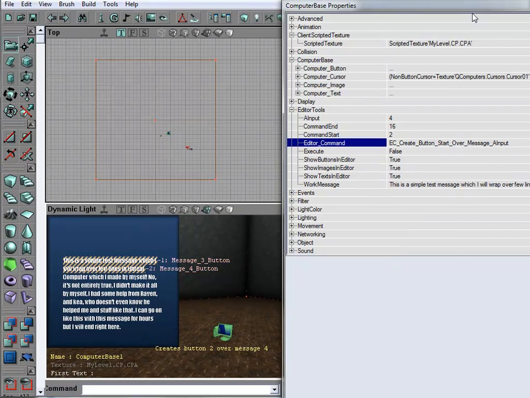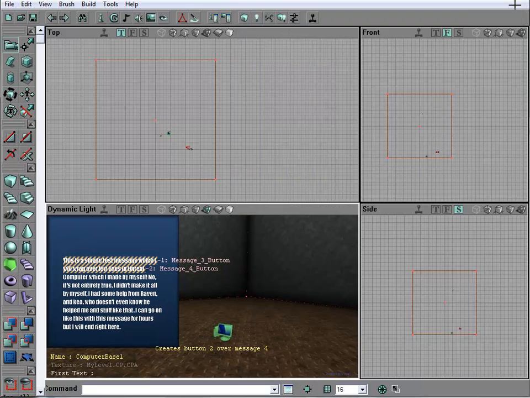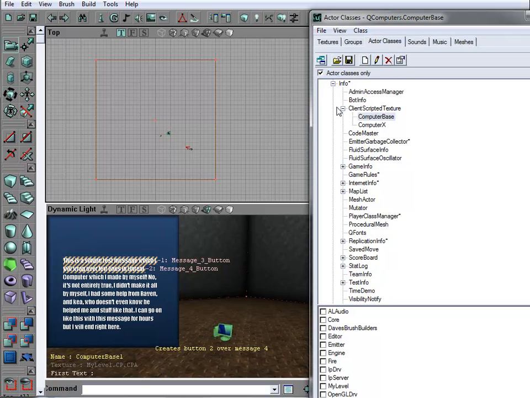I can do the same thing with images. They will just overlap the images, and yeah, that's pretty much it as it comes to these helpers. These helpers for messages and images are pretty much the same. You can copy colors, fonts from messages, you can reset everything, but there's one more function I've made, because